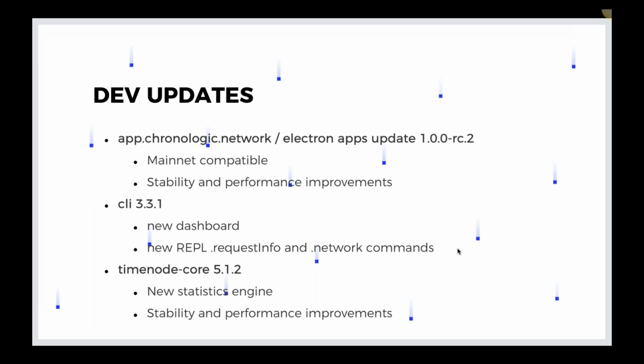The latest update that we have here is the new version of the TimeNode core library, which has a new engine for statistics. And the aim with this engine was to expand on the existing statistics capabilities of any clients, which include both the DApp and our CLI. And hopefully it will give more insight on all of these